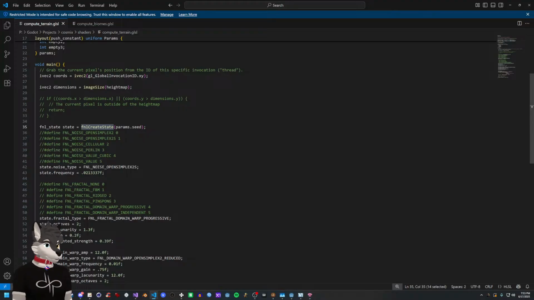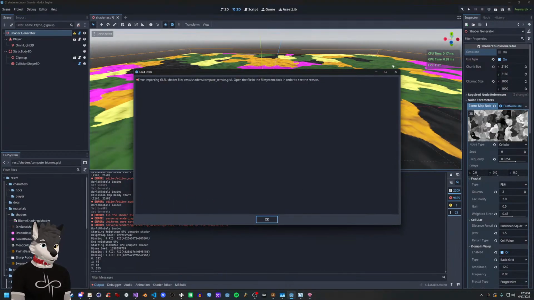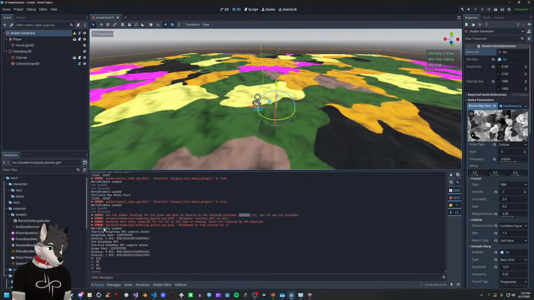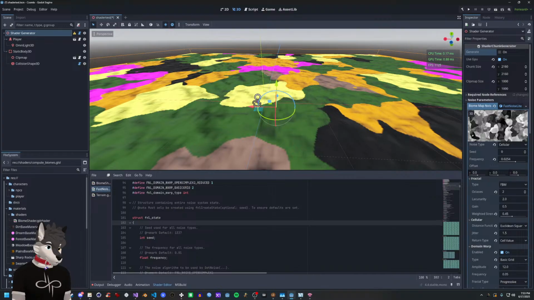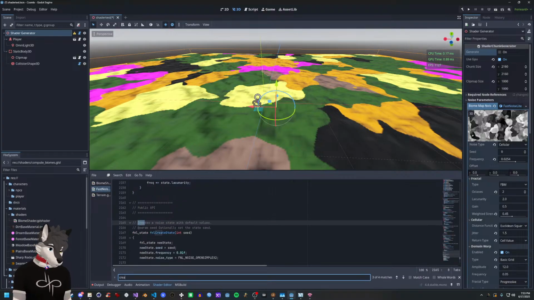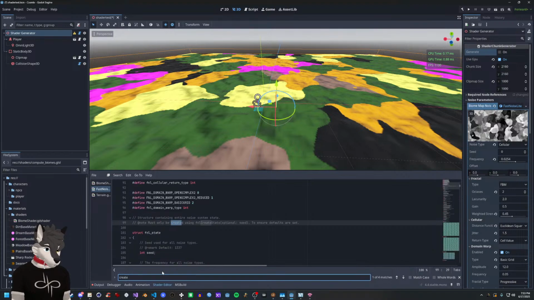Is there a way for me to create state from another state? Let me see. Shader editor. Create. FNL create state. Optionally set the state seed. Right. Must only be created using FNL create state to ensure defaults are set. So I could just create the state,